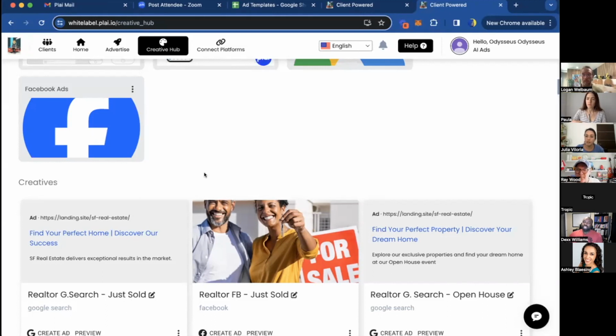Ray, are you saying the clicks in your Facebook Business Manager don't match up with what you're seeing in Play? No, the clicks on the client's website. Like in their actual, almost like the Google Analytics, the tracking of who's coming in? No. These are traffic campaigns. We're sending them to a listing for a house.